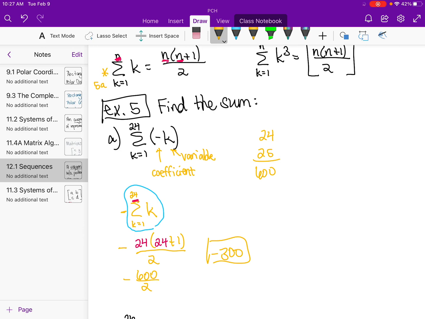As opposed to writing out 24 terms. -1, -2, -3, -4, minus all the way up to -24. That's what this sum would look like. And I would have to do all of that subtraction. Instead, I have a formula. And yes, you do have to